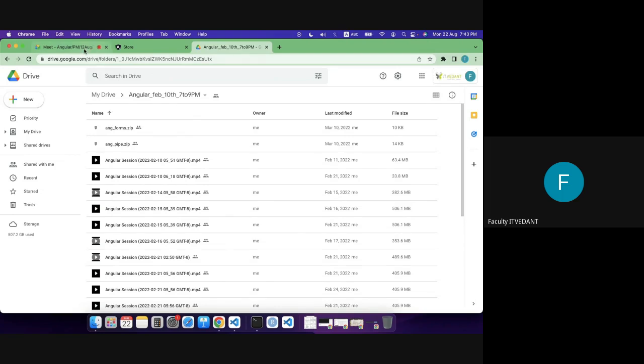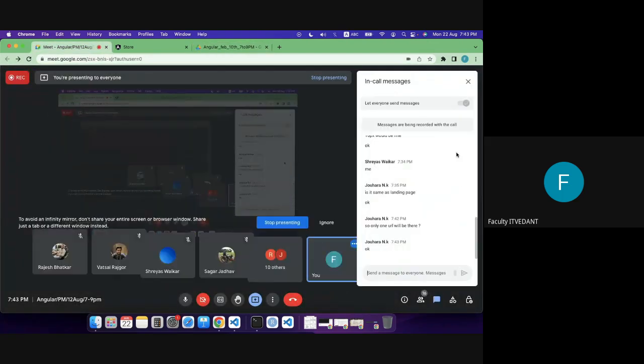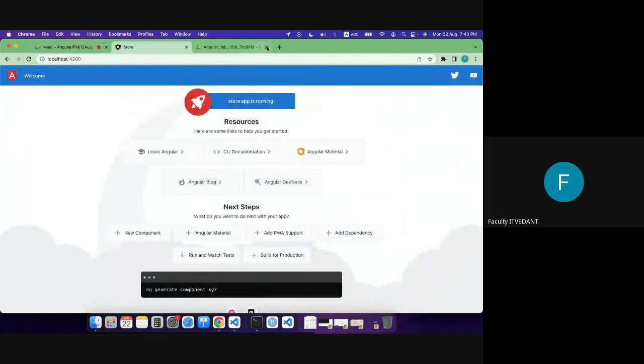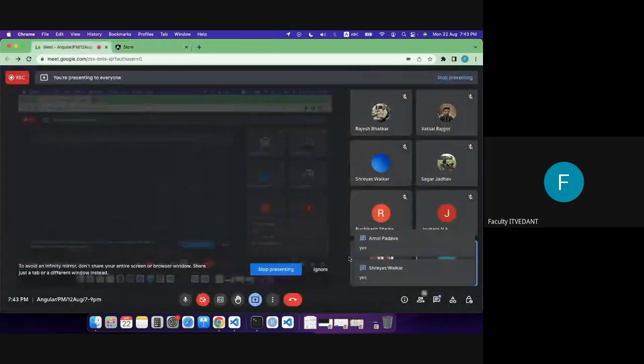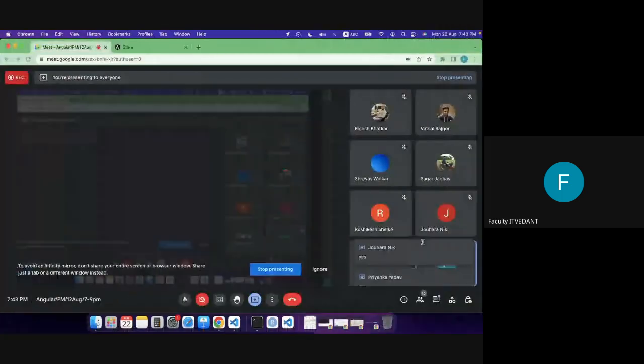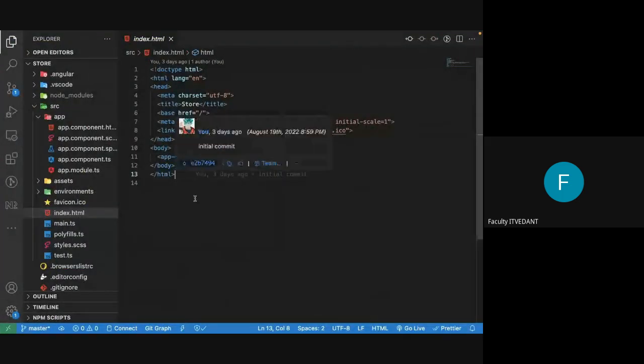Okay, got it. So the URL can be changed. So everyone understood what a single page application is? Okay, great. Now, okay, cool. Now